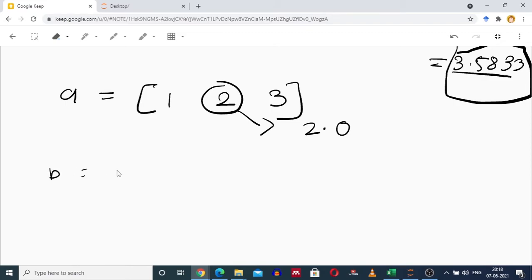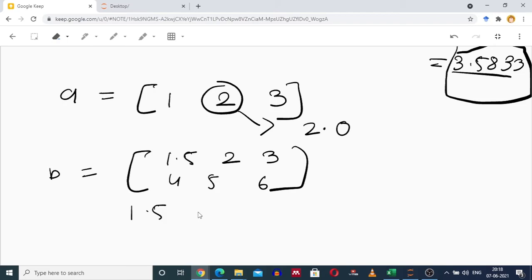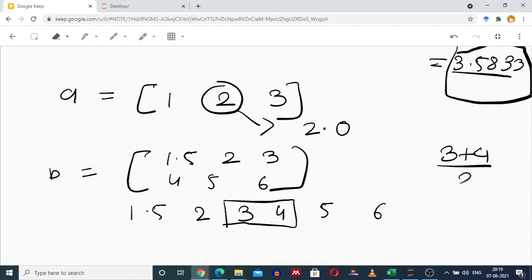So median of A is 2. For finding the median of B, which contains 6 elements, 1.5, 2, 3, 4, 5, 6, if they are written in sorted order, it will be 1.5, 2, 3, 4, 5, 6. Select the middle element. The number of values is even, so you get 3 and 4 in the middle. So what you have to do is add the middle values and divide by 2. Here we get 7 by 2, which is